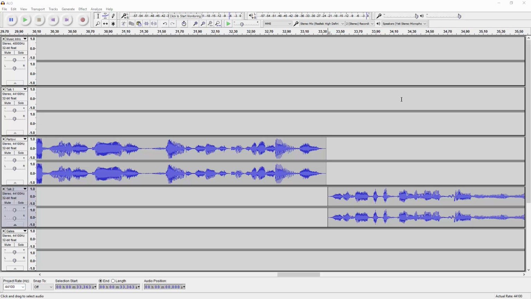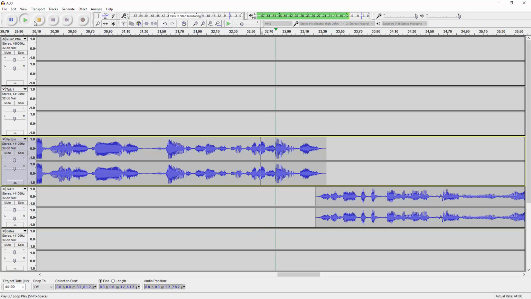Crossfading in Audacity is a manual process, meaning I have to take my time shift tool and get my two clips lined up the way I think they need to be timed, and then depending on the amount of audio artifacts in here, I may need to crossfade them to make them sound seamless. For example, let me play this right now. I'm going to click right here and press play. Science. So okay, that doesn't sound so bad really, but I can make it sound a little bit smoother